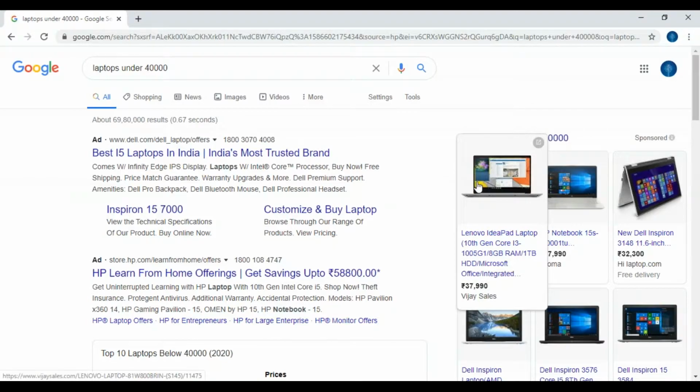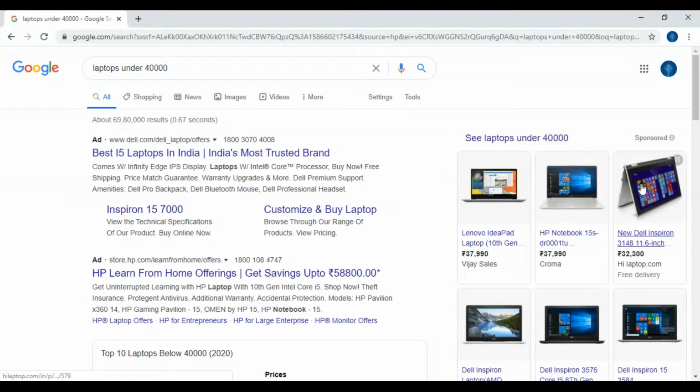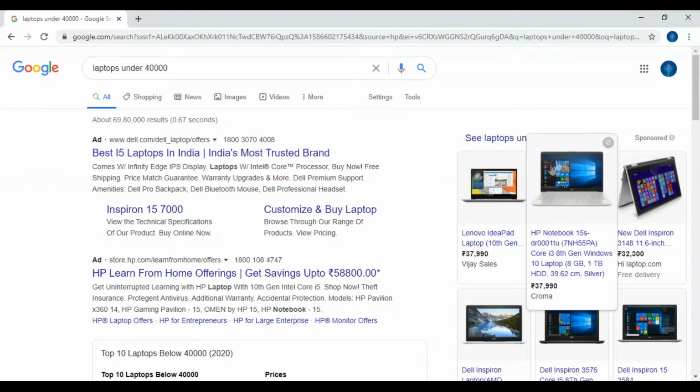If I am seeing this ad, can you see anything written over this image? There is nothing on this image. It is only an image of a laptop. By seeing this image, I can understand, okay, this is a laptop, but I cannot understand which company it is from or what the offer is. I cannot know much about this picture. But if I am seeing any display ad or image ad, on the ad itself you can see a lot of information. So that is the difference.